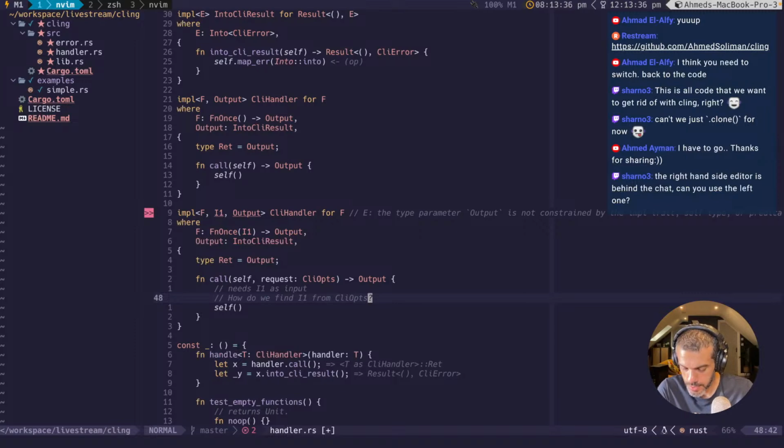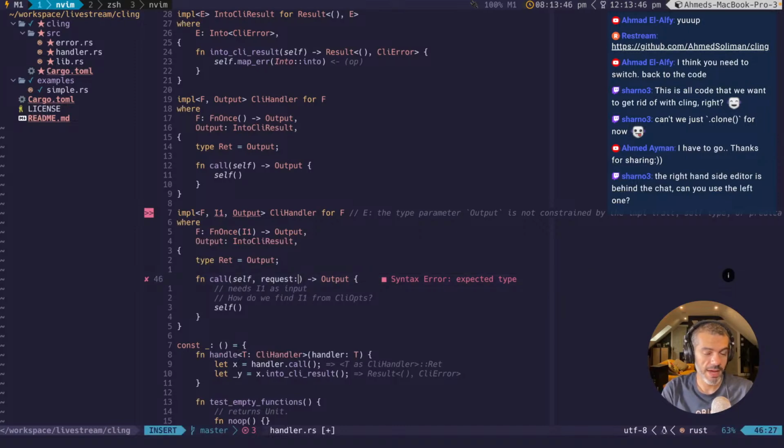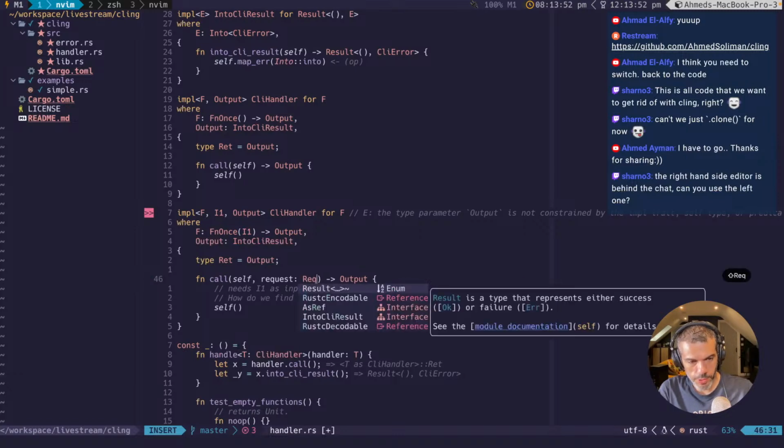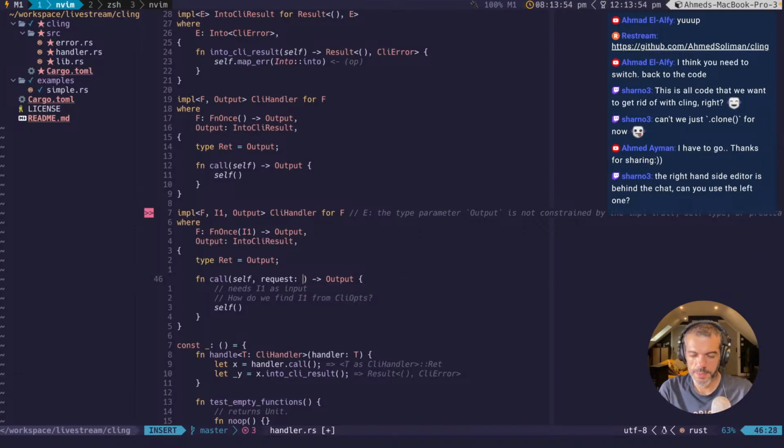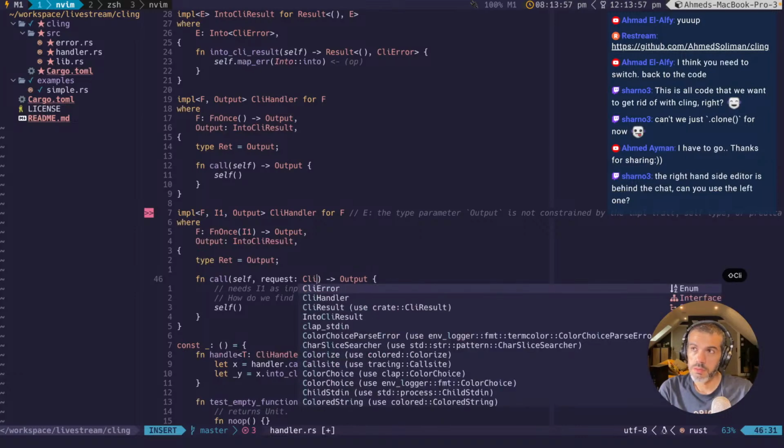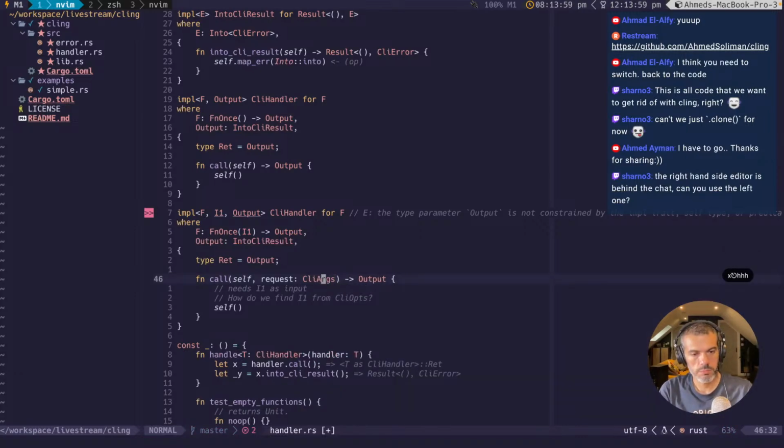And that is where extensions in Axum come very handy. In Axum, actually, they don't pass CLI opts. We don't pass something similar to this. They have their own type, of course, right? And the type will be something like request, or we should call this something like CLI args. Basically an internal type, and actually not a trait, it's a struct. It has to be a concrete implementation, a concrete type. So CLI args of some sort,